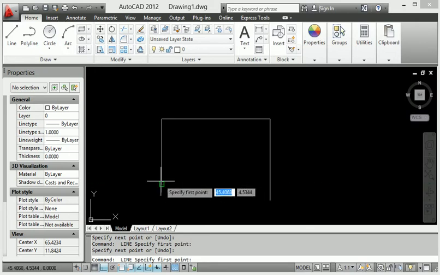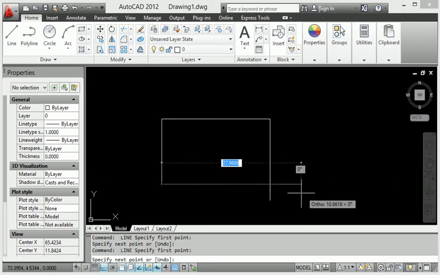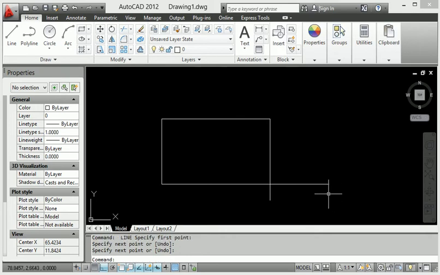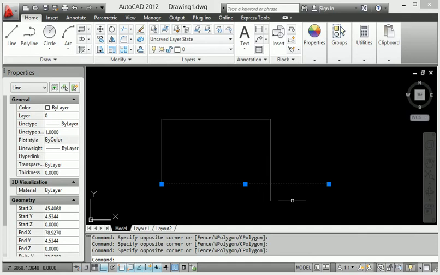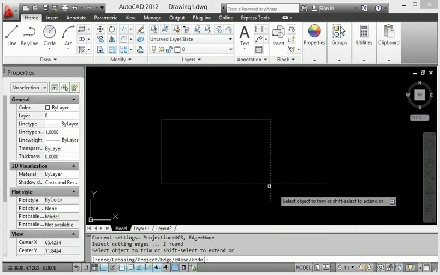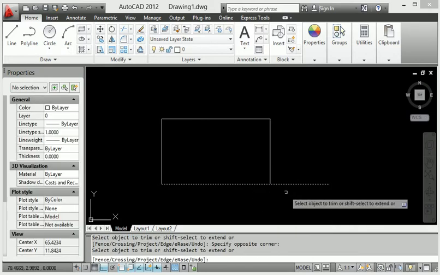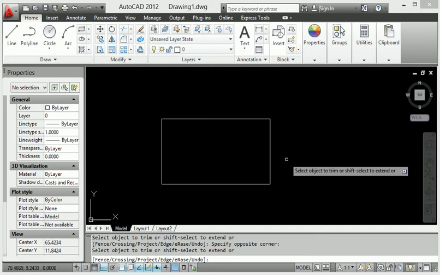It is a very good command for AutoCAD. If you click here and then press Enter, then select all and use the trim command. So TR, Enter, click this line and click this line, and it trims.